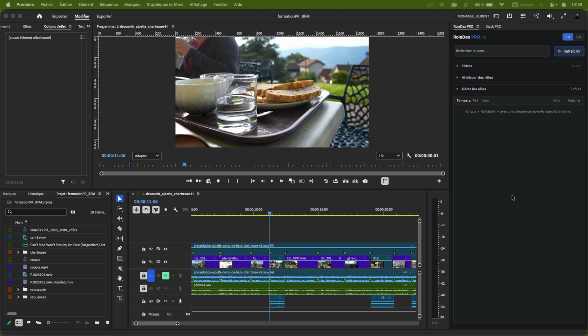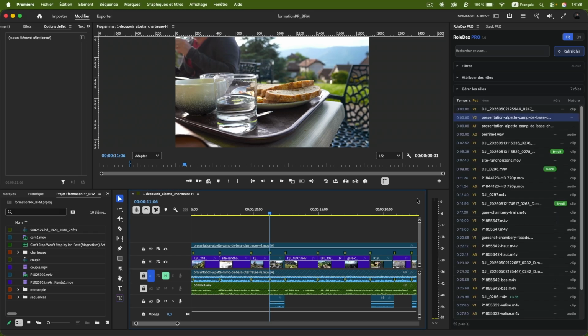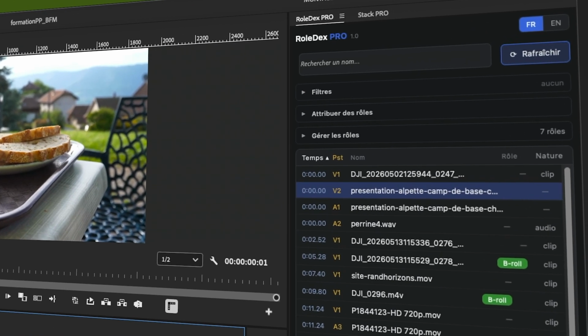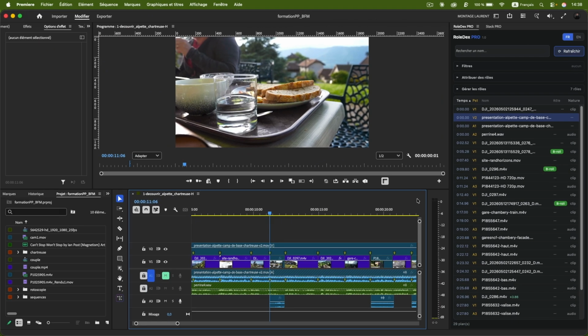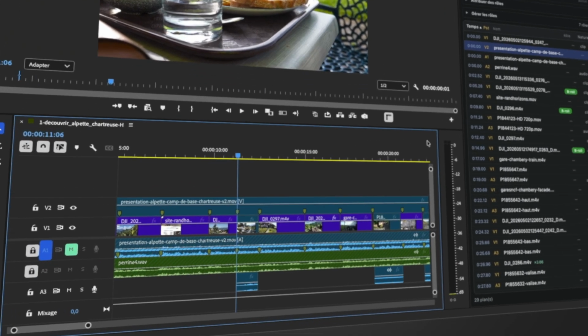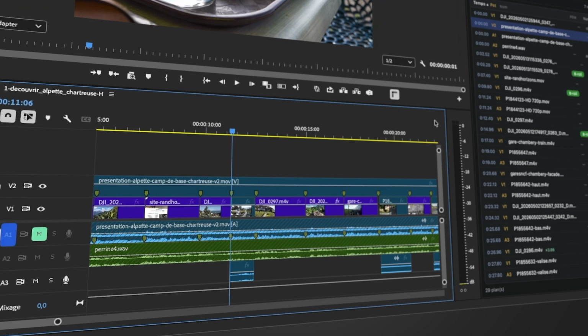The goal here is to give you a detailed presentation of the RoleDex Pro plugin. So what's the point of this kind of tool? Well, it's a tool that will let you learn a bit more about the elements that are currently in the specific sequence, to get to know a bit more about them, and also to classify or index the content, to